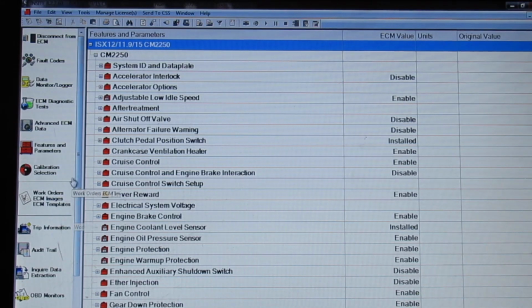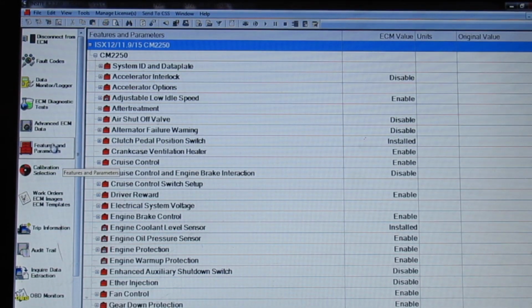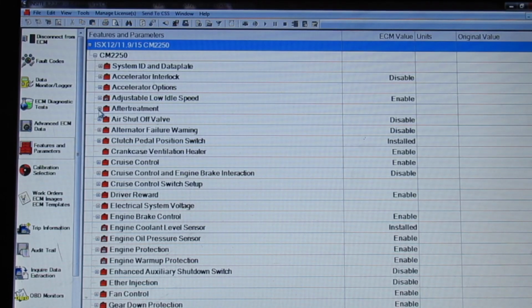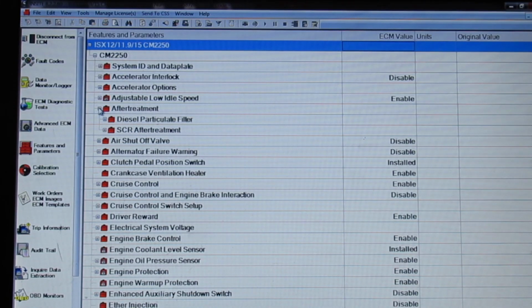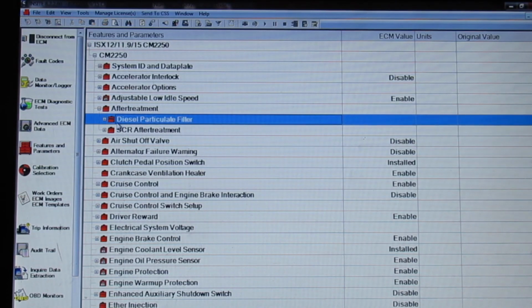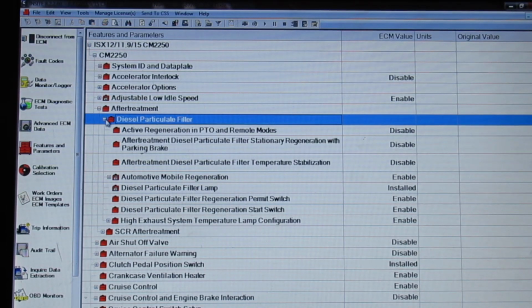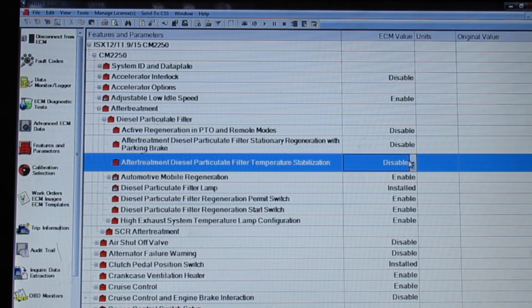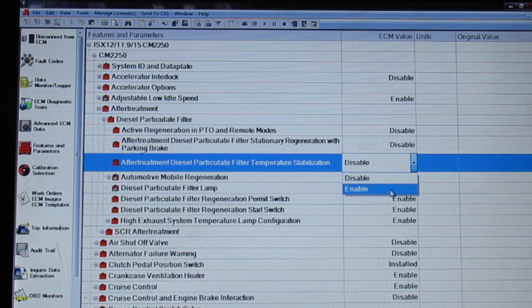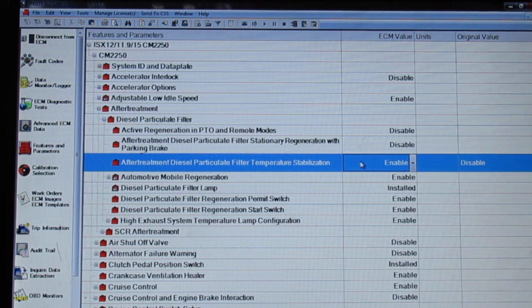Okay, another thing we want to talk about is we're going to go to our features and parameters. We're going to click on this, and then this screen will come up. We're going to go to the after treatment. We're going to click on the plus side on the left, scroll down to the diesel particulate filter, click on the plus side of that. Okay, then we want to go down to right here to after treatment diesel particulate filter temperature stabilization. This has to be switched to enable on all of our Cummins vehicles, the small ones, the big ones, all of it. This gives it a much better